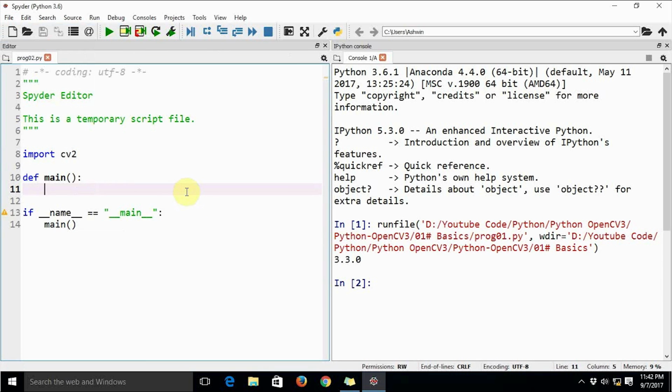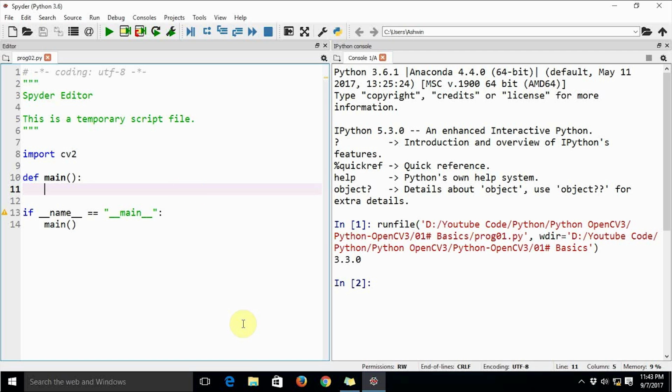Before we get started with some real computer vision programming, let me explain a few things. There are various ways we can acquire images. One way is to read the images from the disk. Another way is to acquire the images from a live video feed. If you are using a PC, you can use the webcam. You can also use a Pi camera for Raspberry Pi to acquire the images for image processing. The third way is to acquire the images from a stored video. As this is a very beginner level tutorial, I am going to just acquire the images from the disk.